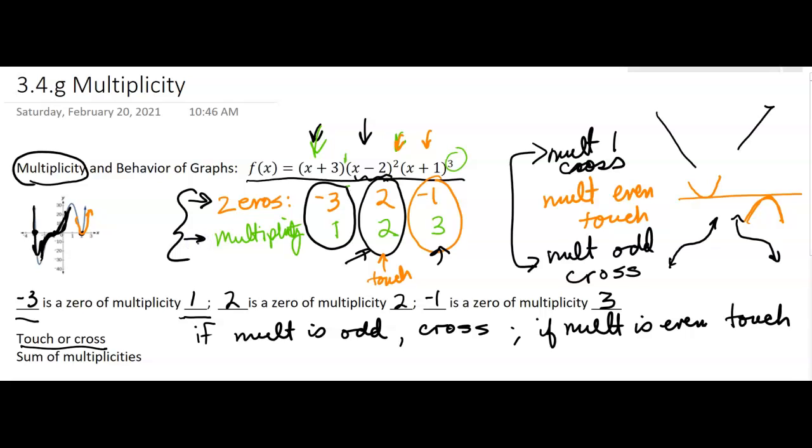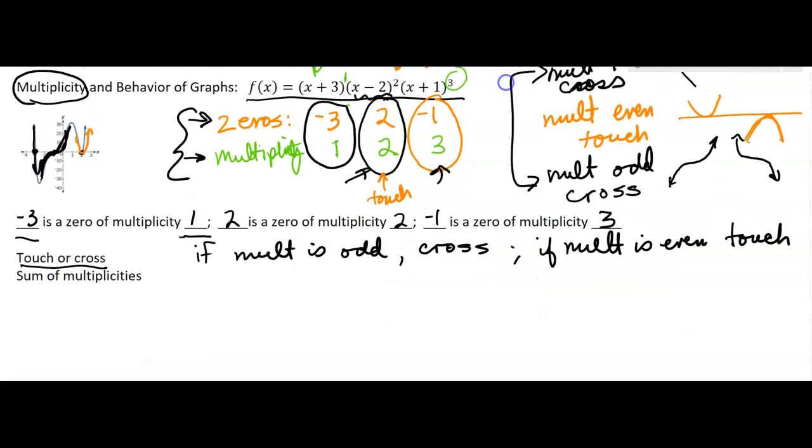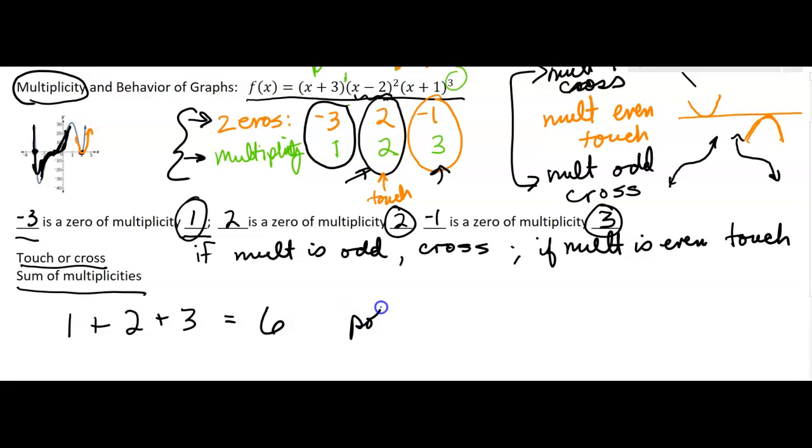Okay? One more thing. If you add up the multiplicities, the sum of the multiplicities. So if I took the multiplicities from my example, 1 plus 2 plus 3, that equals 6. That means my polynomial is degree 6. Means there's at most 5 turning points, and I'd have to have x to the 6th for my degree, the leading term. Okay,